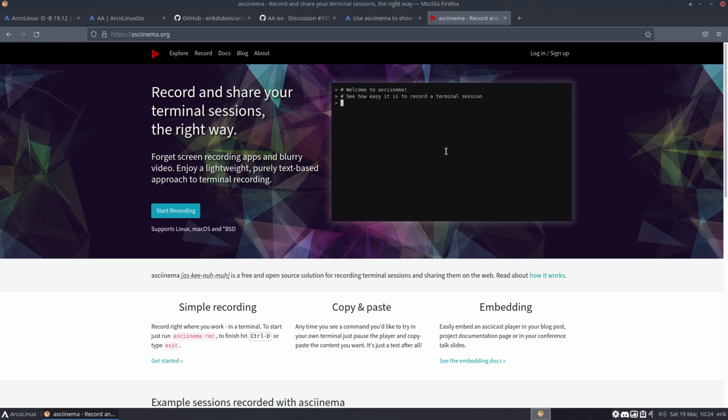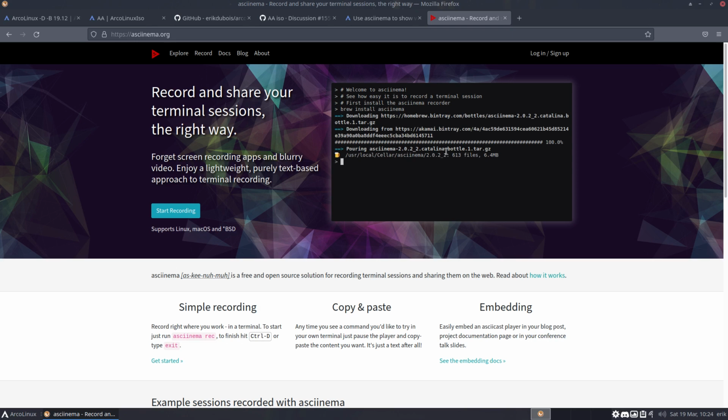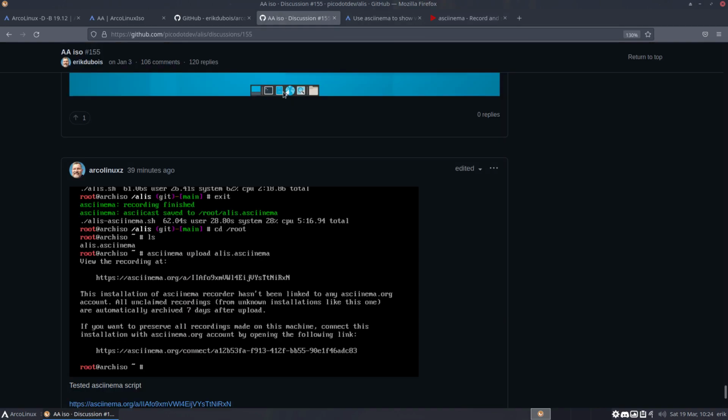This is what's going on in my system. That's for us also interesting. If you are installing something with ArcoLinux D and it's in a black screen and there is nothing to share and to do, and voila, then basically what we see here in the little video, that's what we can watch as well. So it will be recorded what happens in your system, and we have actually an example from this